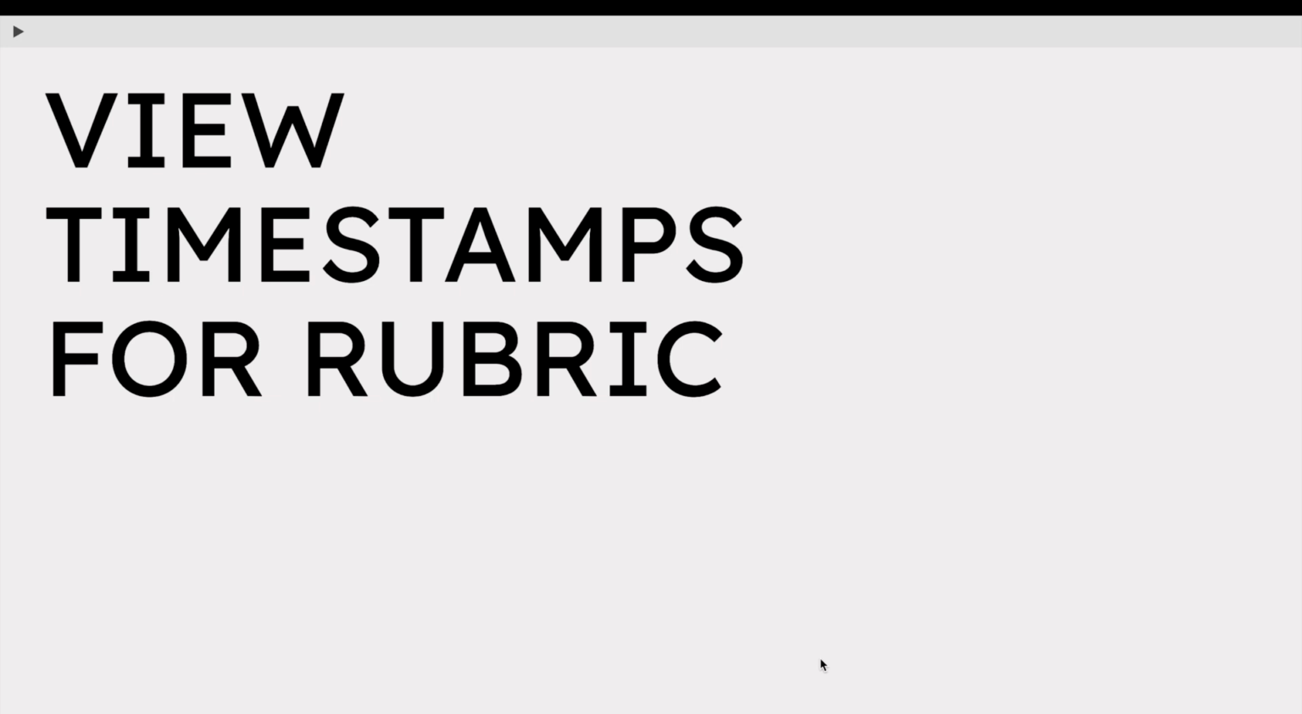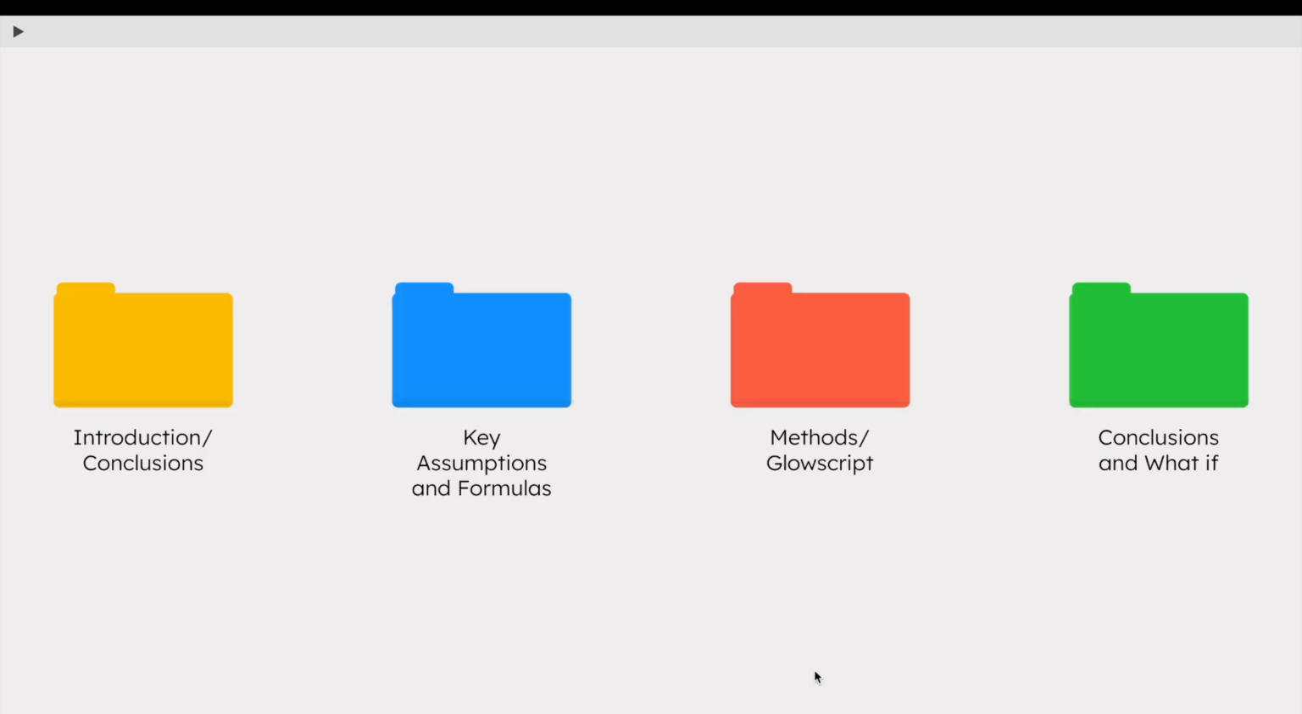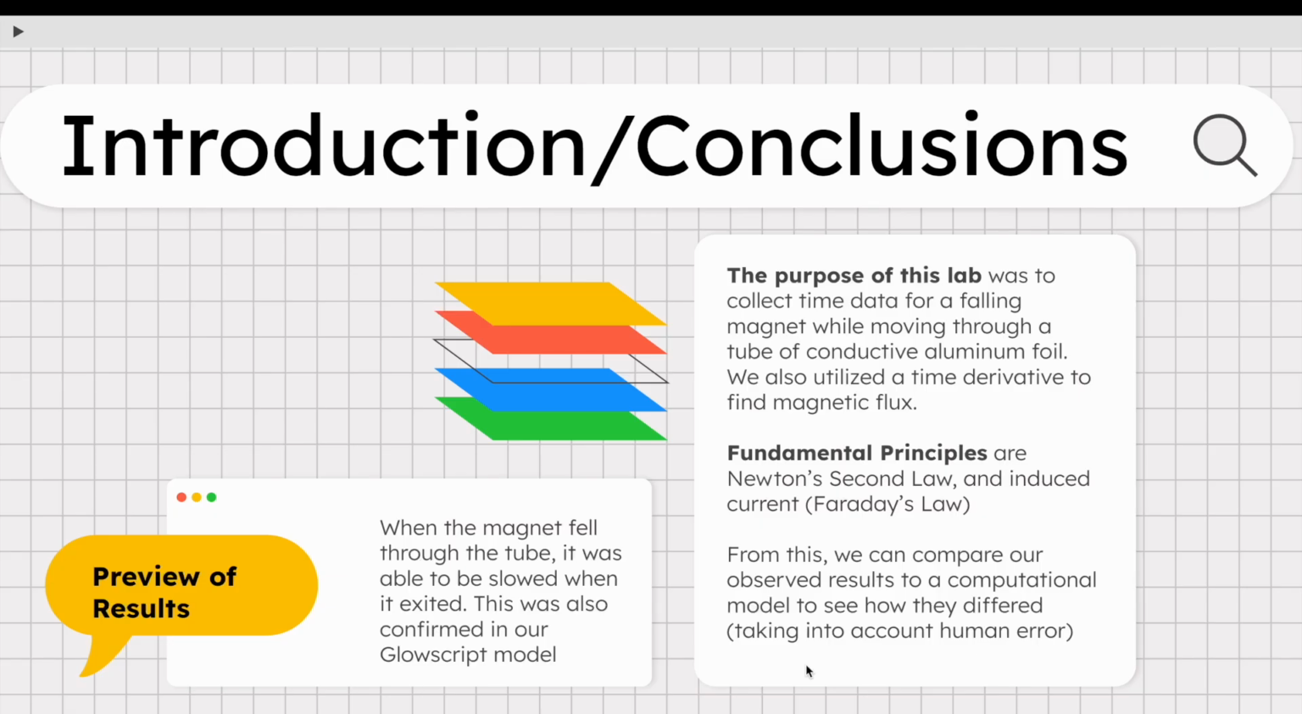And in the comments of the YouTube video, there should be different timestamps for each of the points in the rubric. Within this lab, I will start by looking at the introduction and some conclusions that I drew. Next, I'll be looking at some key assumptions and formulas, then move on to the methods and GlowScript that we used, and then finally going back to those conclusions and also answering the what if and what does it mean questions. For the introduction, I'm also going to make sure to include a preview of the main